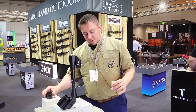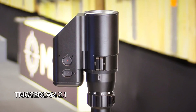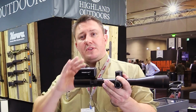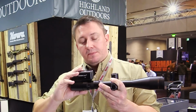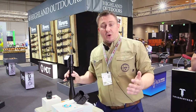Now moving on to the Trigger Cam 2.1. So this is a prism camera, as you can see, fits on the back of your scope, takes up about an inch of eye relief, and what this will do is it enables you to record everything the scope is seeing and also live stream via the Trigger Cam's own Wi-Fi signal what the scope is seeing on a smartphone or a tablet. I'll just go through what's in the box and how it fits real quick, give you a